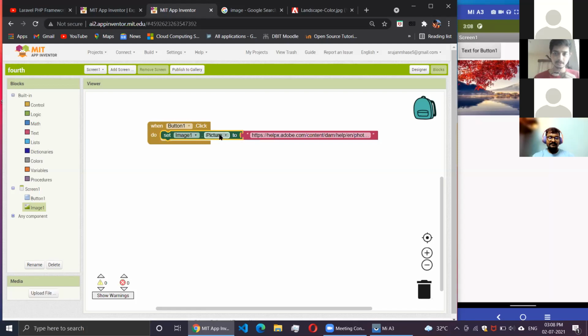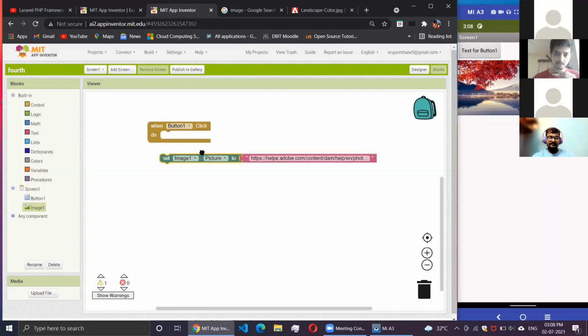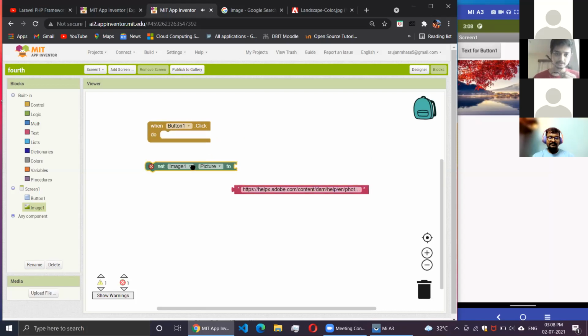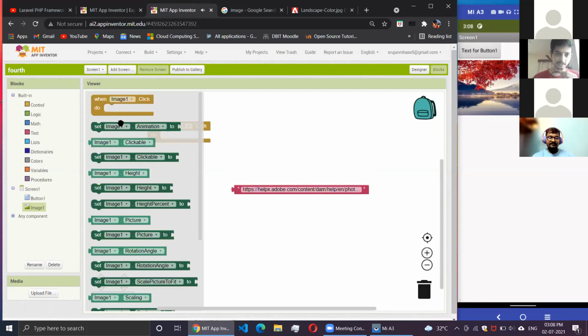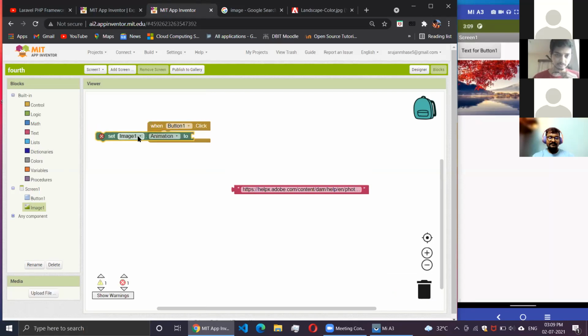Sorry. Okay, so you can switch back to my screen. What you need to do is click on image 1, right? This dark green block, you can drag the first one if you want. Then snap it below the button 1 over here.